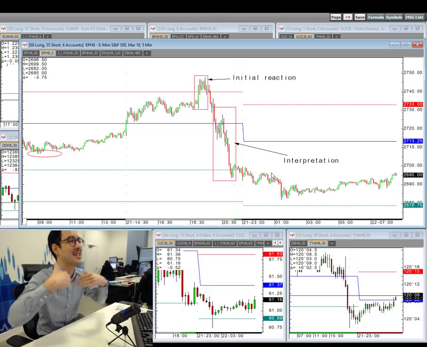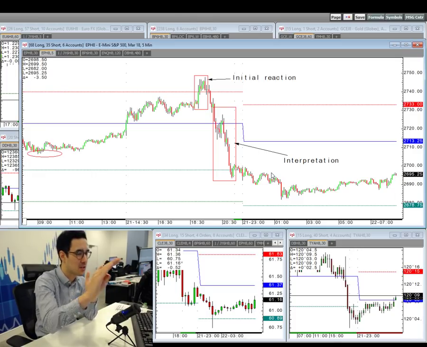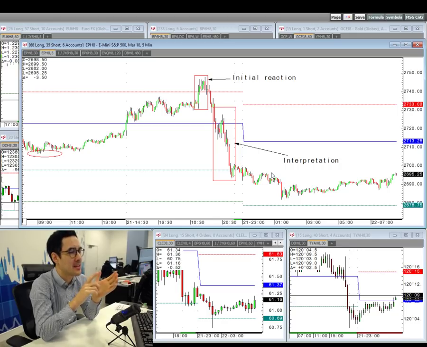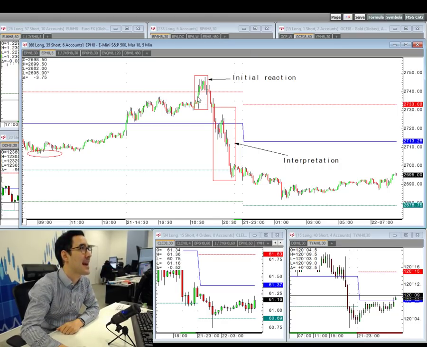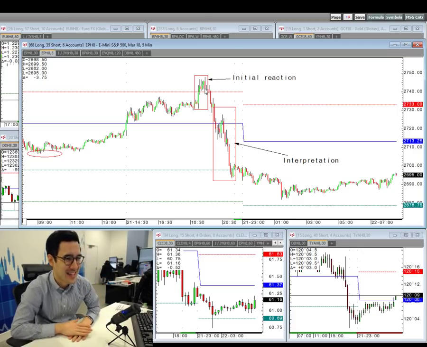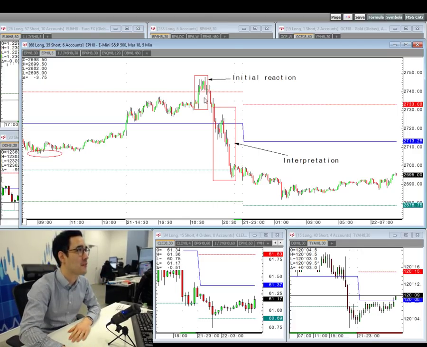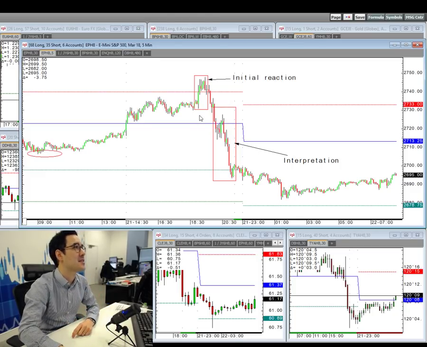And so you get this initial knee-jerk response where you're just going off headlines. But then typically what happens is that after a period, and as we've seen here, the S&P actually rallied for approximately half an hour. We hit fresh highs. Before then, you started to get a second phase of the move, which was after the dollar initially weakened, equities rallied, the complete opposite. So this is what you have here, a dovish reaction